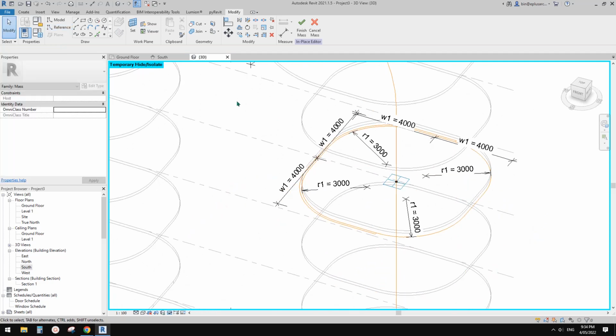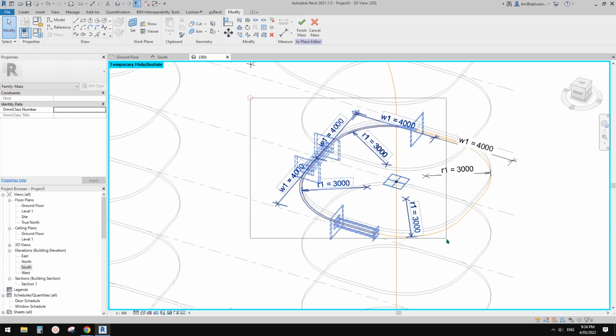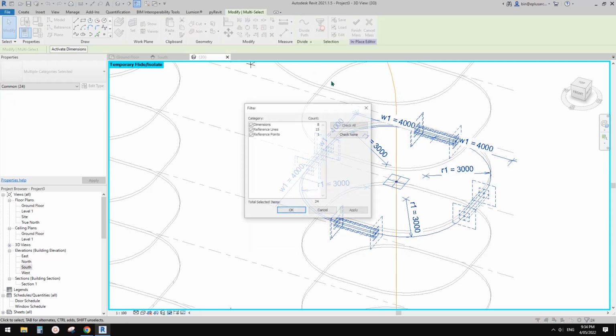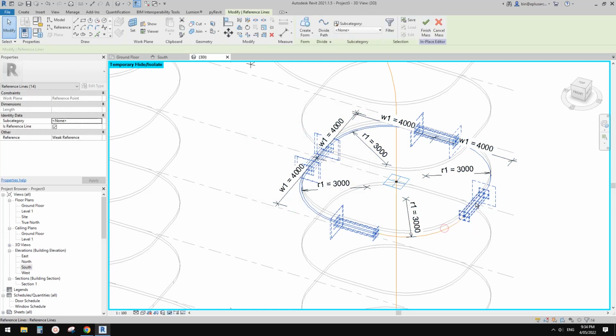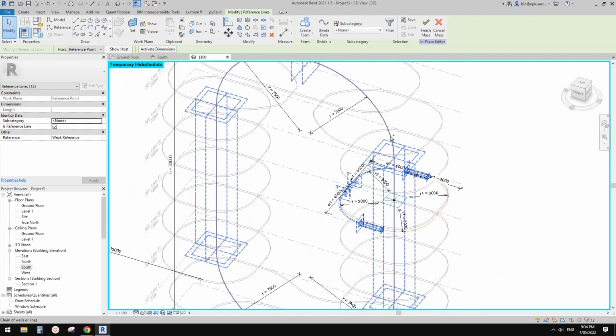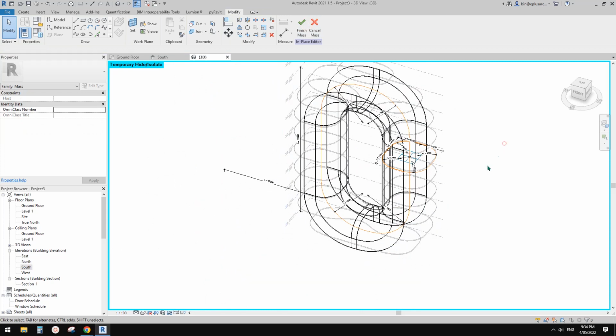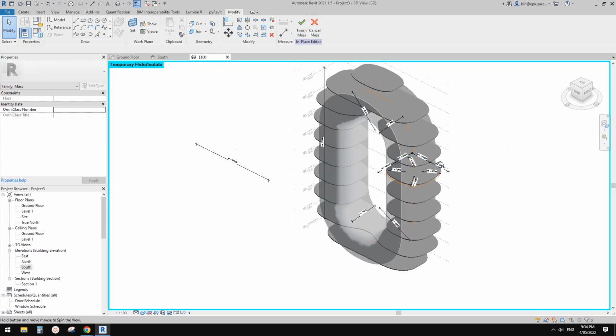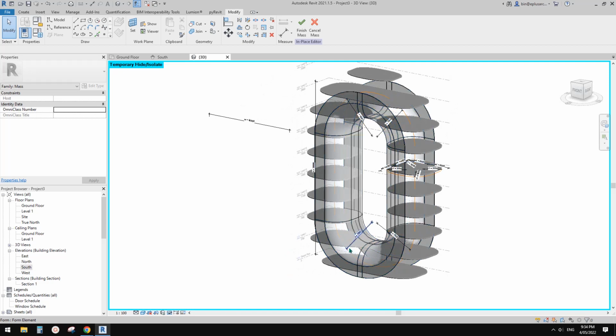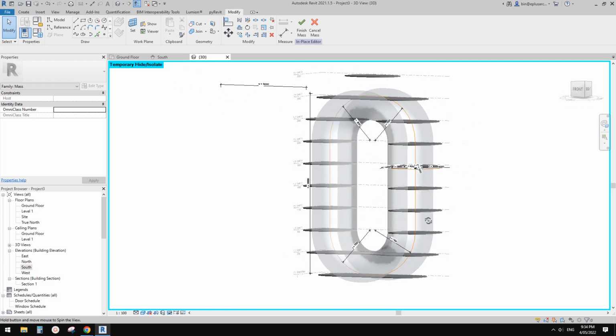So now we can select, now this is a closed profile. Okay, so select all of them and filter out the dimension, the point, and OK, shift and remove these three. So now we have a closed profile. And Control, select this part and create a form. So now change to 3D shade. You will see we have this. Okay, so this is a new